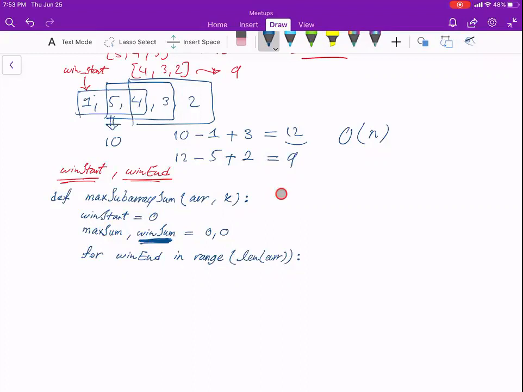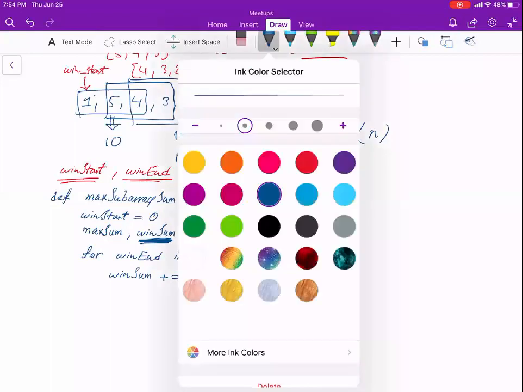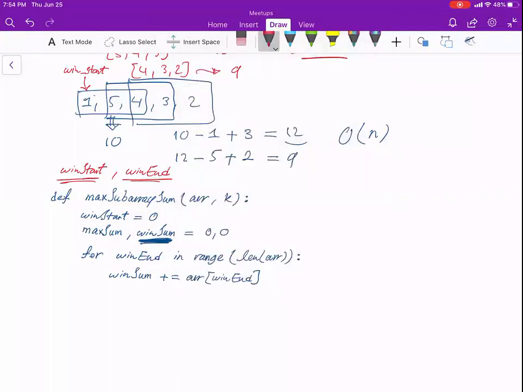And I will write window sum plus equal to array of window end. So this part is updating metrics. But right now we have only one metric. Okay, so I will do this, and the next round I will add this, and next round